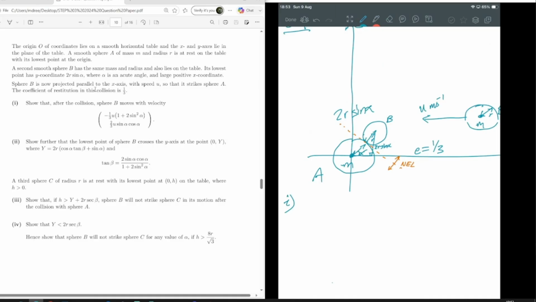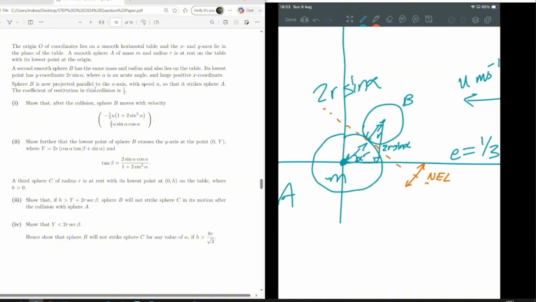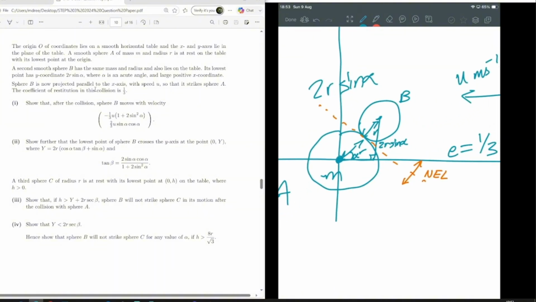I almost want to set up my axes not with the x and y axis, but in these two directions here, parallel and perpendicular to that contact surface. So then initially we have the speed of u meters per second, and then afterwards, and this is where my picture starts getting a little bit awkward,